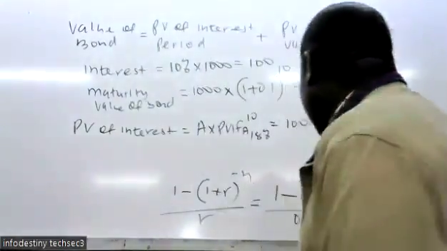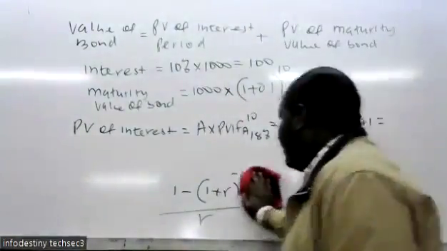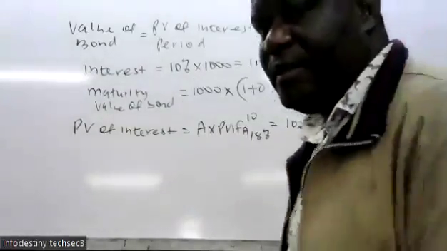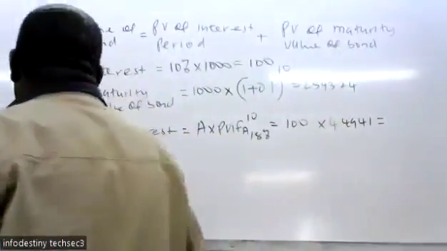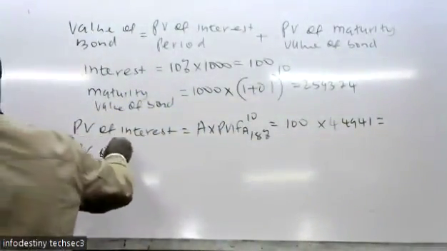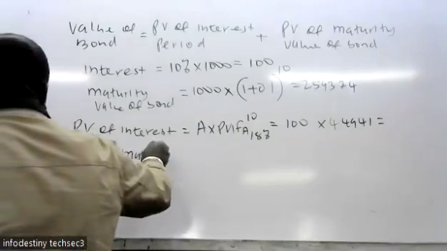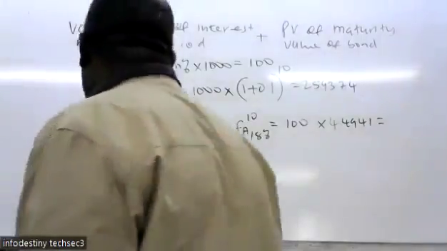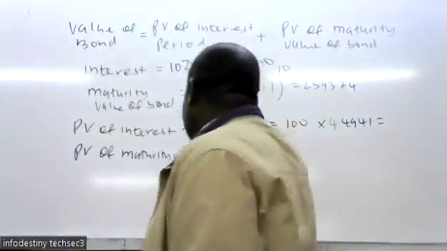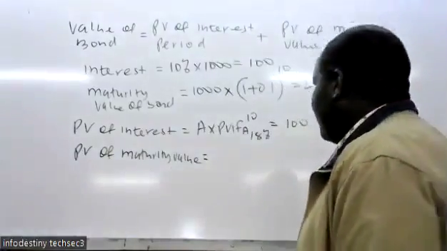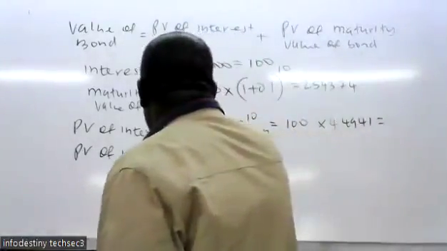Then once we have done that, we now also compute the present value of the maturity value. The present value of the maturity value. So this one you simply take what is there as the maturity value, which you got,